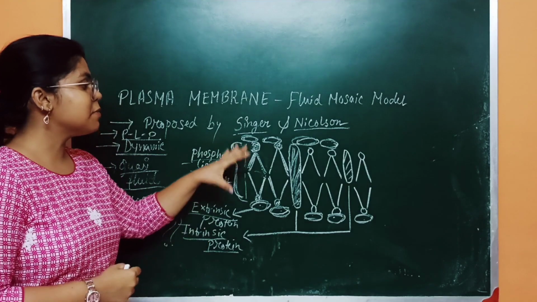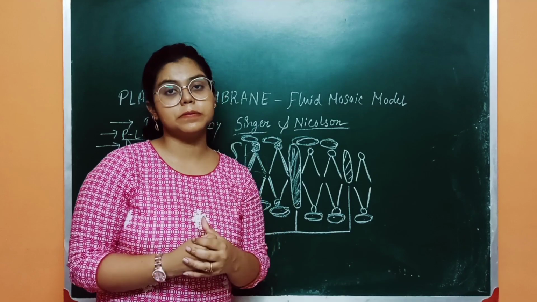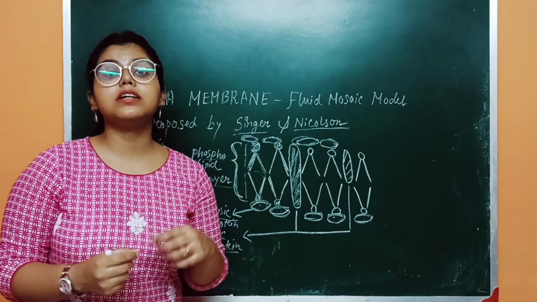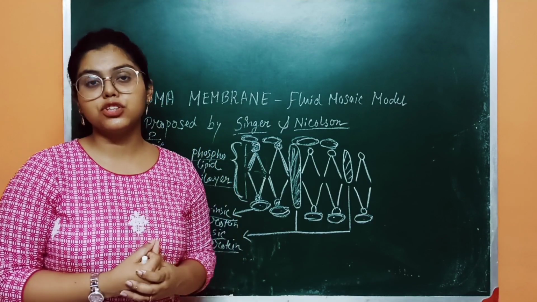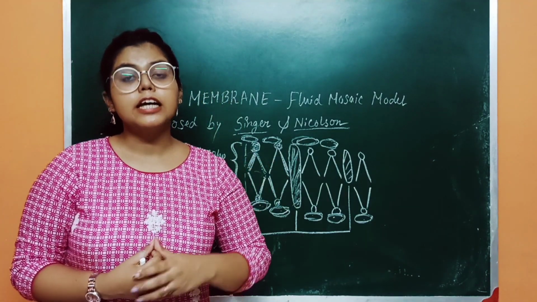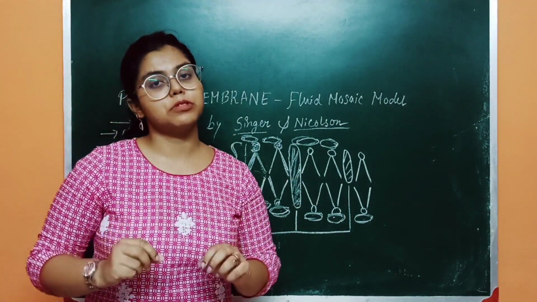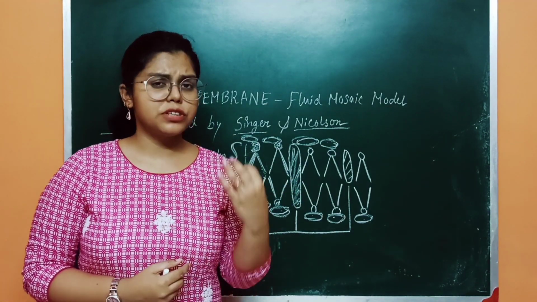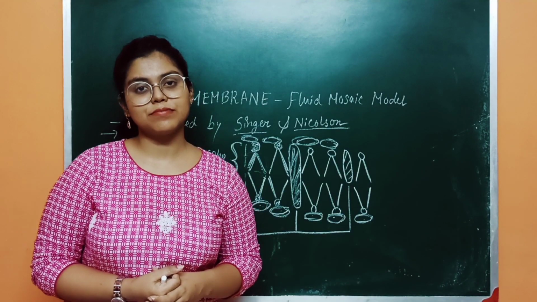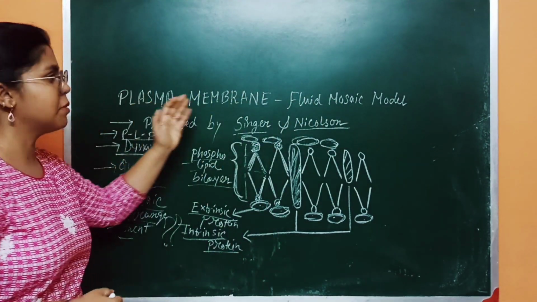So the plasma membranes are always dynamic in nature. They are movable due to the presence of the lipid bilayer, because the lipid bilayer has hydrophilic and hydrophobic parts. And inside the lipid bilayer, due to its movable nature, the proteins just embed themselves in the lipid bilayer. Intrinsic proteins and extrinsic proteins can embed themselves in the lipid bilayer. Okay, so that is it about the fluid mosaic model of the plasma membrane.